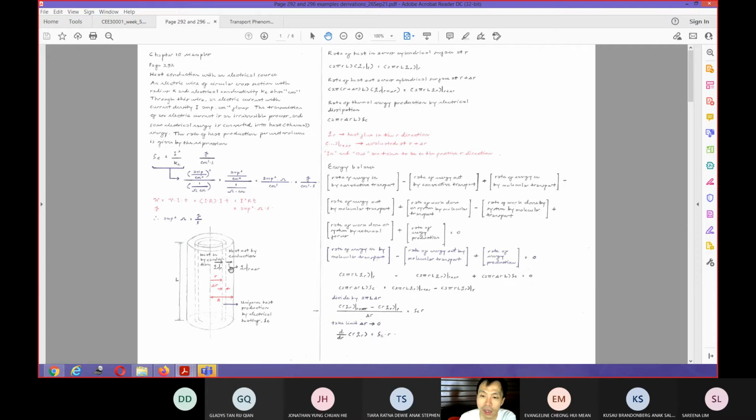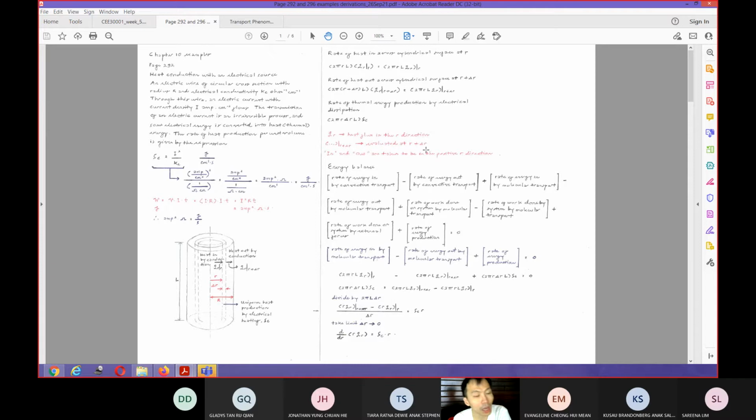Okay, if you get it correctly like this, then you need to know that you need to multiply the correct surface area in here. So this is called 2 pi (R plus delta R) because the surface that you are referring to is this particular surface at R plus delta R. It's different from 2 pi R. So you have to take this into account, and then you can also convert everything into this term evaluated at R plus delta R. This is because R evaluated at R plus delta R is equal to R plus delta R.